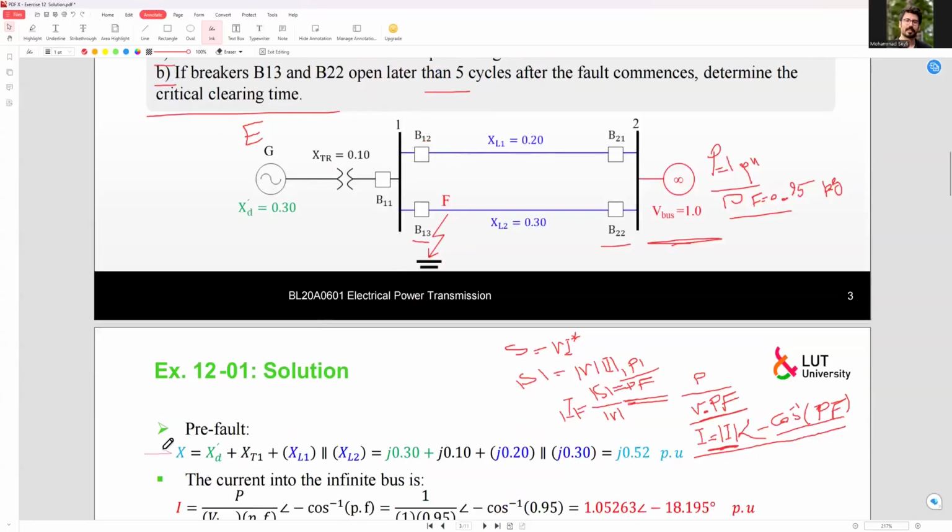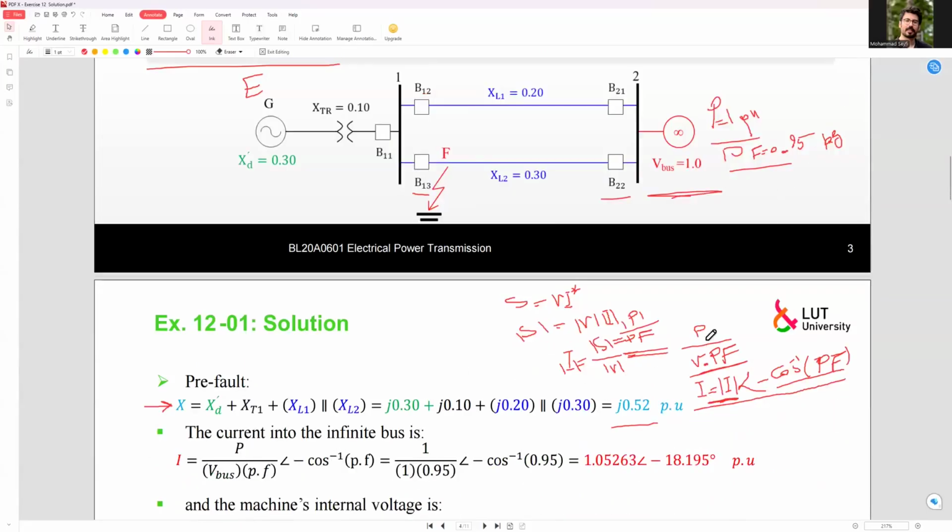So we calculate the equivalent impedance between generator and bus number 2, which would be equal to j0.52 per unit. Then using this formula, we calculate the current,